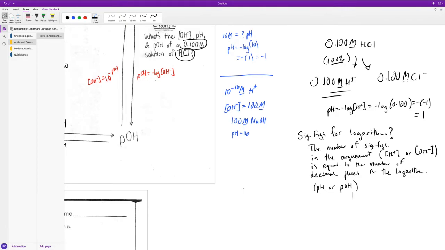And maybe I'll write out the examples and see, we'll type in the negative base 10 logarithm of, let's say, 0.100, like we just saw before. And let's change it by just a little bit, 0.101,